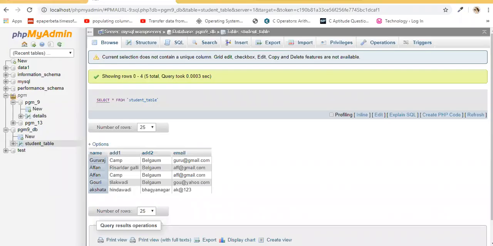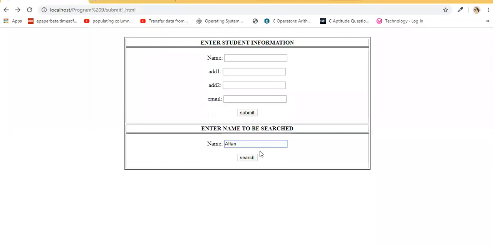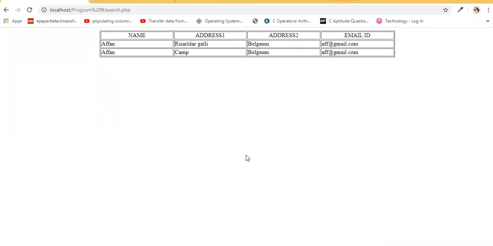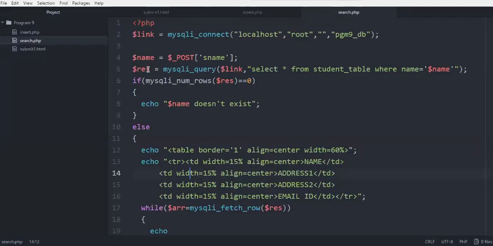So here, if you see, when I enter the name and click search, it has 2 rows. These 2 rows are getting stored in the variable $res. And in this if condition we are checking, does this $result have any rows?